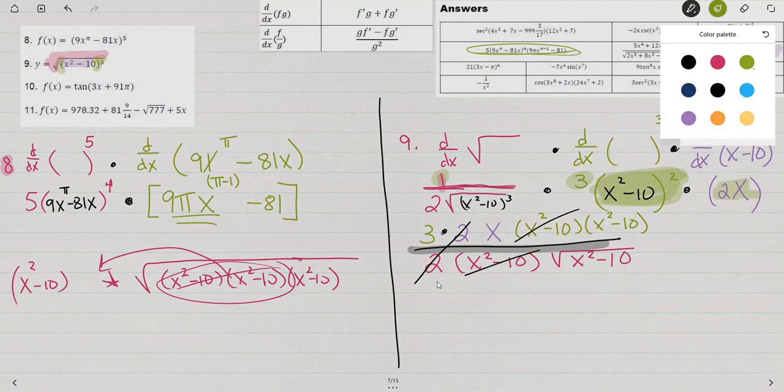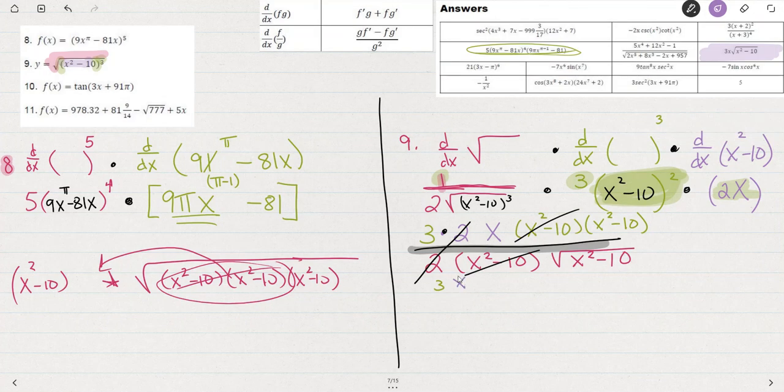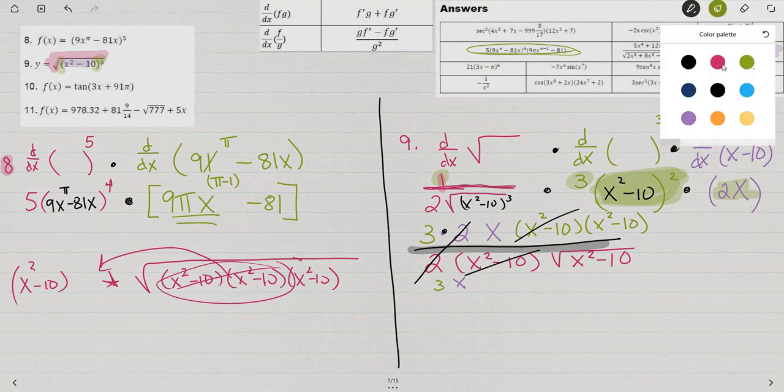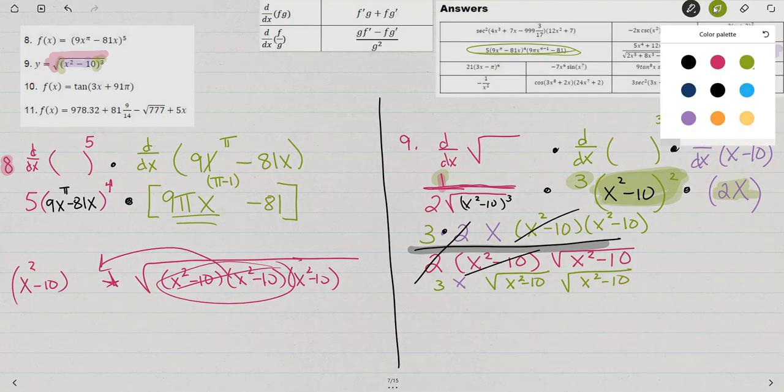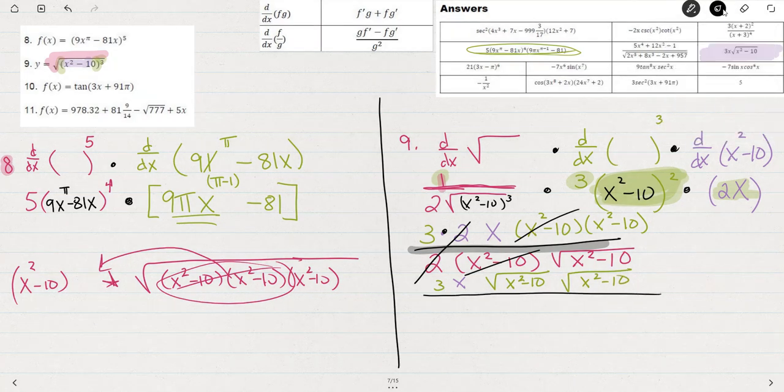I've got this green 3. I've got the purple x. And I've got an x squared minus 10 over the square root of x squared minus 10. Now be really careful with that. What if I write that as the square root of x squared minus 10 times the square root of x squared minus 10, and I'm going to put that over the square root of x squared minus 10? See how that simplifies also? So what am I left with? I'm left with 3x times just one of the square roots,